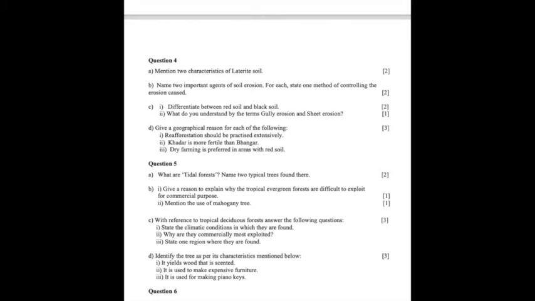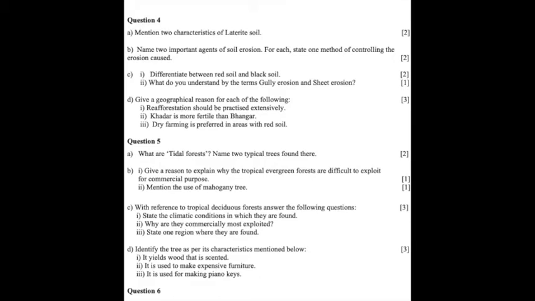Question 4. Mention 2 characteristics of laterite soil. A, it is soft and friable. It is considered suitable for building purposes, and it is acidic as the alkalis have been leached. B, name two important agents of soil erosion. For each, state one method of controlling the erosion caused. Wind erosion and water erosion. For wind erosion prevention, you should plant more trees, and for water erosion prevention, you should build dams across rivers to control the